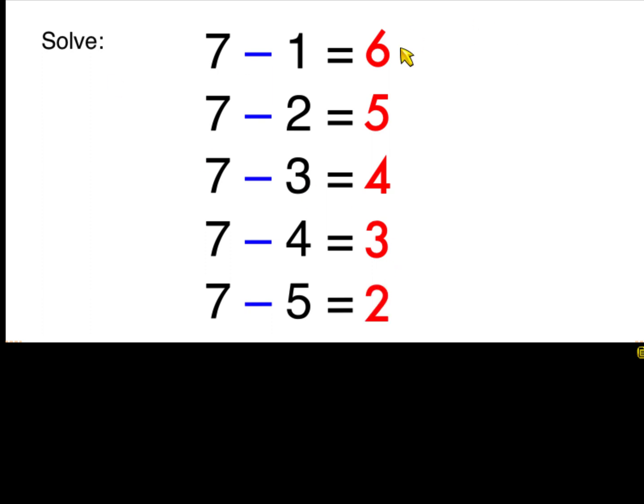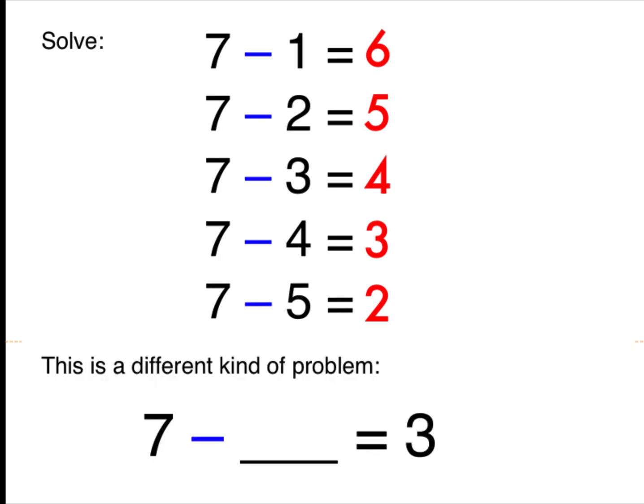Hopefully you also see a pattern here. As these numbers get bigger, these numbers get smaller. But what you have to be able to do eventually is see that these guys are number families. So you can figure out which number goes here. 7 take away what number equals 3? Well,